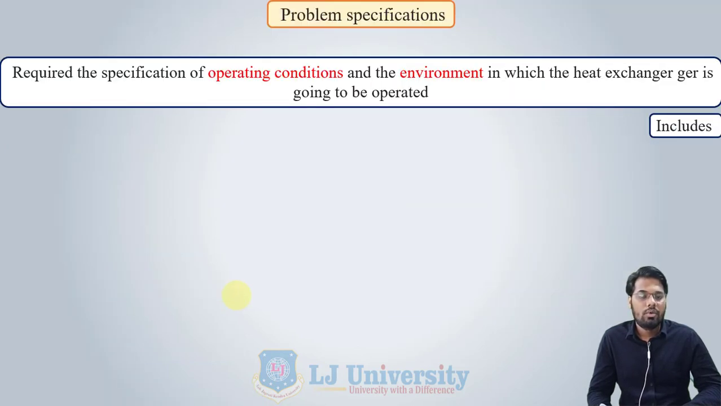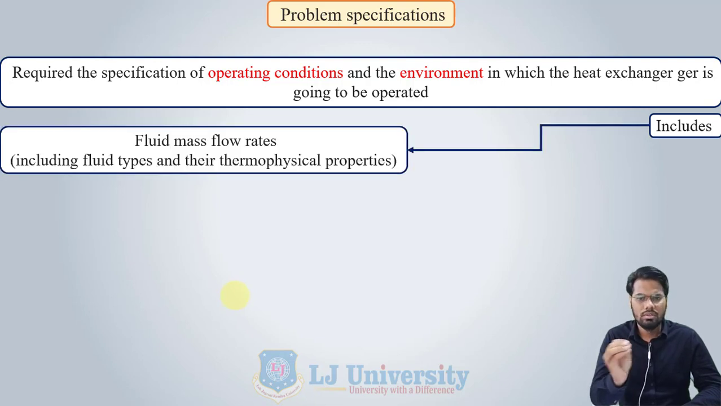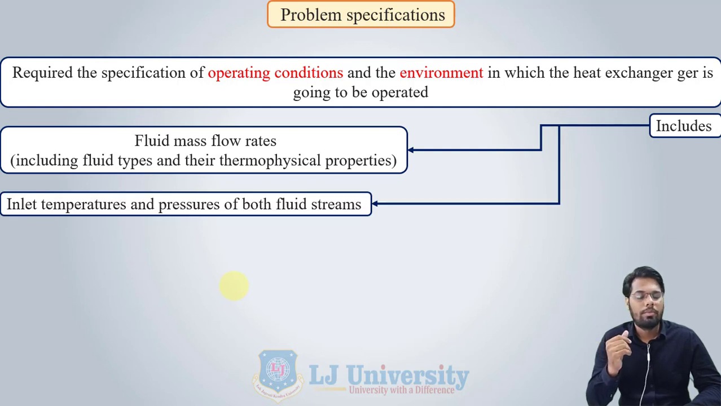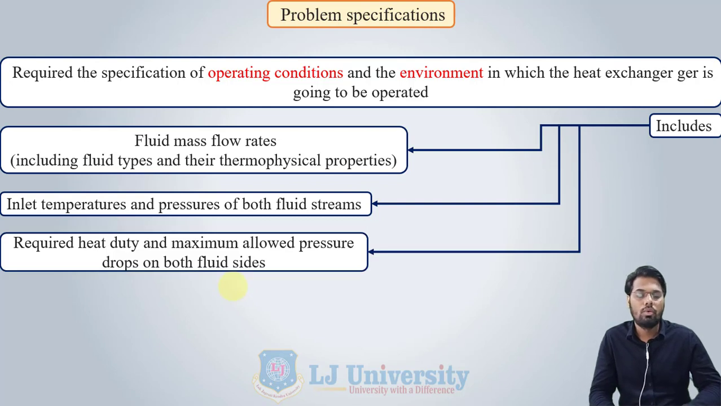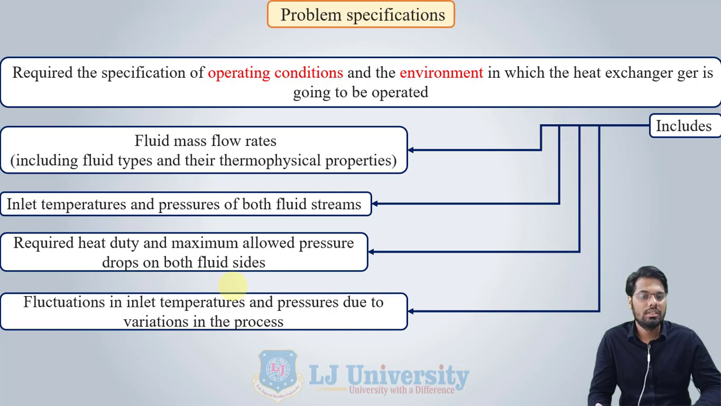So, problem specification requires specification of the operating conditions and the environment in which the heat exchanger is going to be operated. This includes some initial parameters like fluid mass flow rate, what is going to be the mass flow rate of the cold fluid and hot fluid, thermophysical properties, inlet temperature and pressure of both fluid streams, hot and cold, required heat duty, and maximum allowed pressure drops on both sides to achieve the required heat transfer rate of the customer,